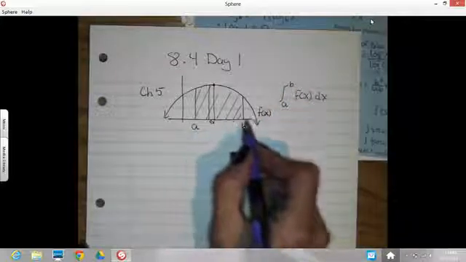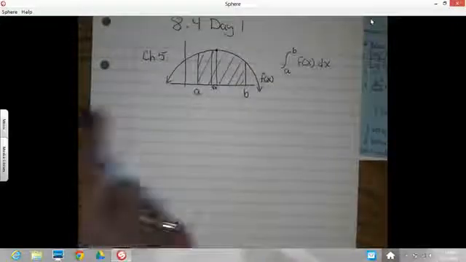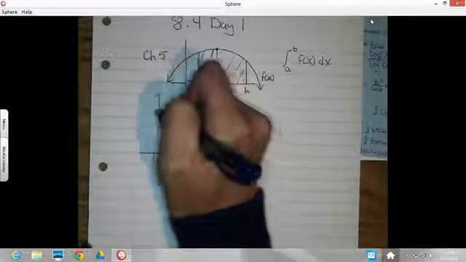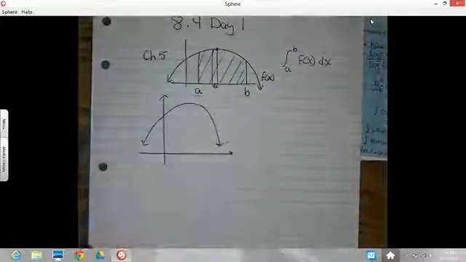covers the whole interval. What we're going to do in this section is find the area between two curves, which is going to end up being a very similar process to this. So let's take a generic two functions. Say I've got another parabola, and I'll call that f of x. And I'll go with, say, a linear function,